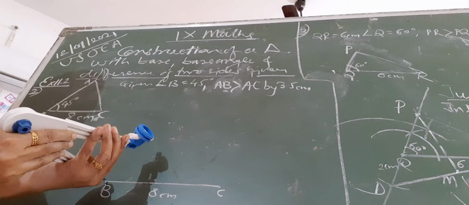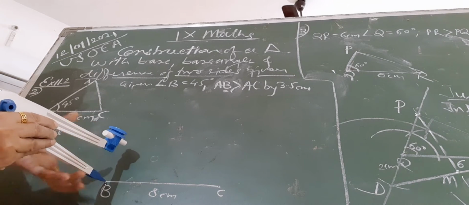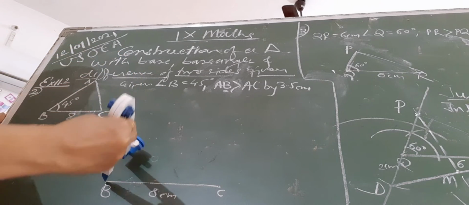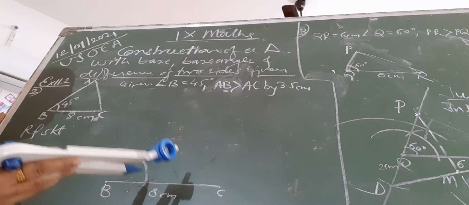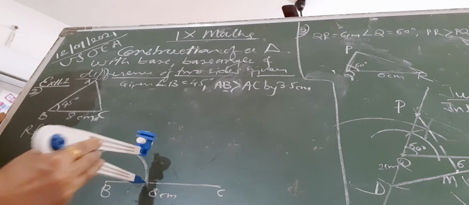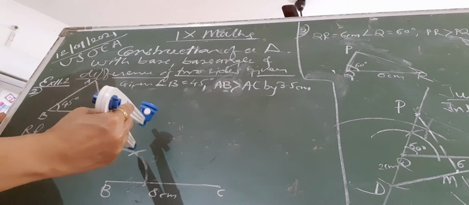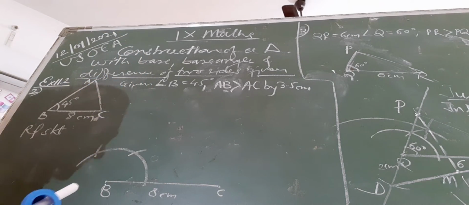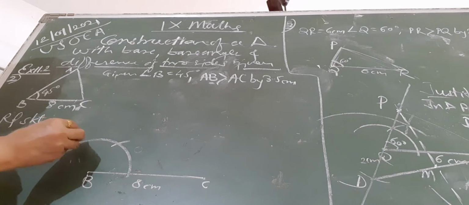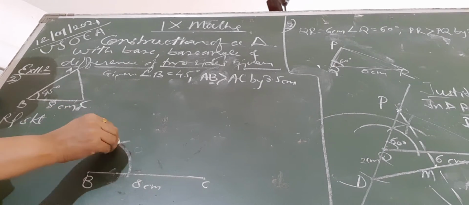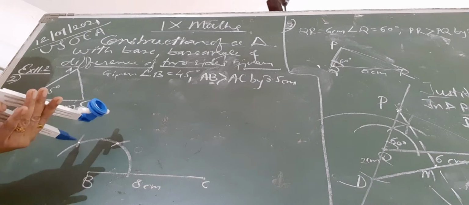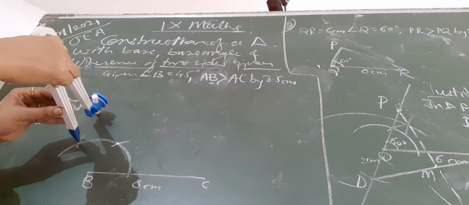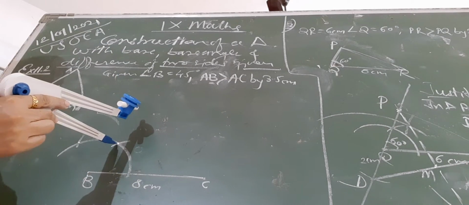Now we have to make the angle B equal to 45 degree. To make angle B 45 degree, first we have to construct the angle 90. For constructing it we will need 60 degree and 120 degree. So this way you can construct a 60 degree, and now this is 120 degree. We have to bisect the angle between them, this point is 120 degree and this is 60 degree, so that we will get 90 degree. For bisecting, one time you have to mark the arc from these points and another from this point.